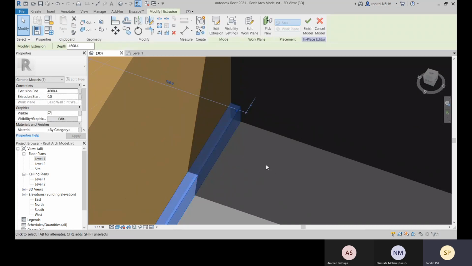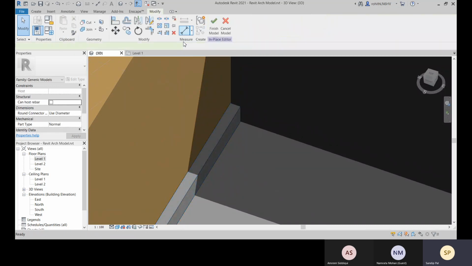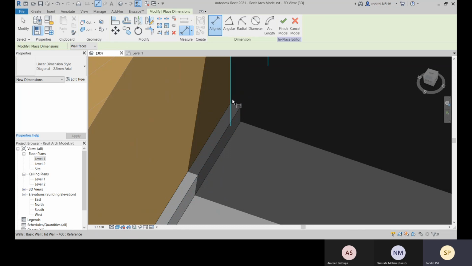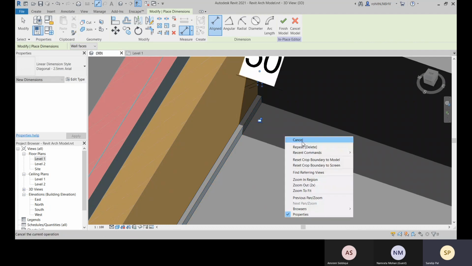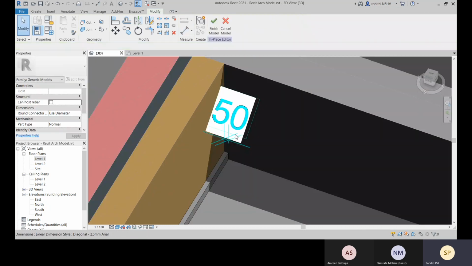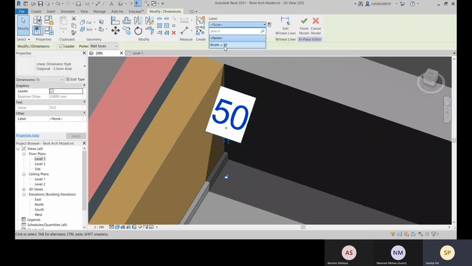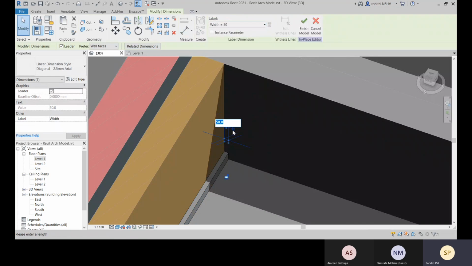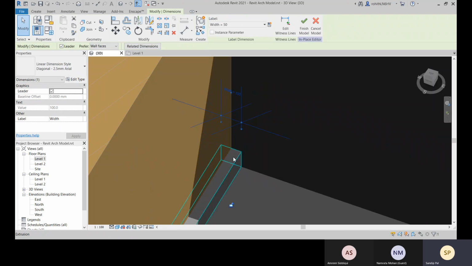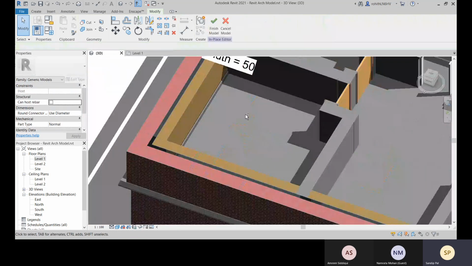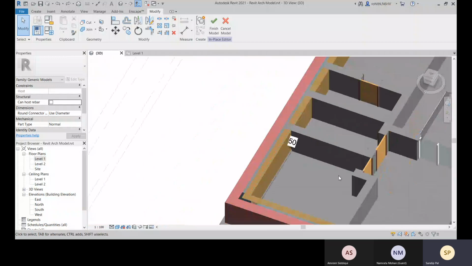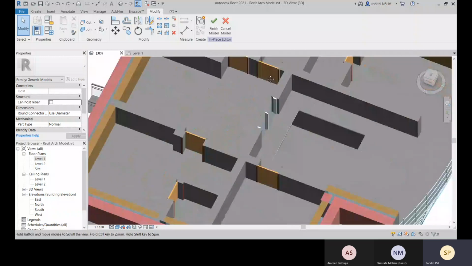Let me see if I can provide this surface to this surface. It's still facing over there. I don't know what the problem is for this. Let me place it over there.